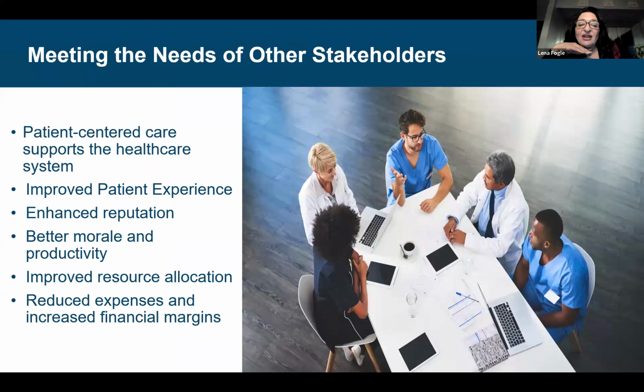So, meeting the needs of other stakeholders. There are also other stakeholders beyond the staff in the room and beyond the patient themselves, right? So we really need to involve internal and external stakeholders in the design process for any renovation, construction, or revamping of that space. The more viewpoints you can have at the table, the more perspectives, the better your design will be